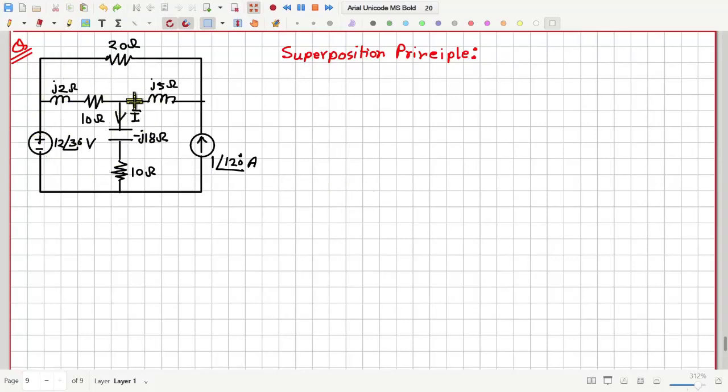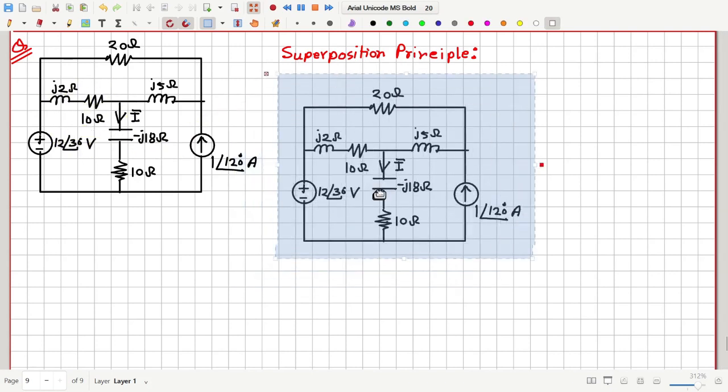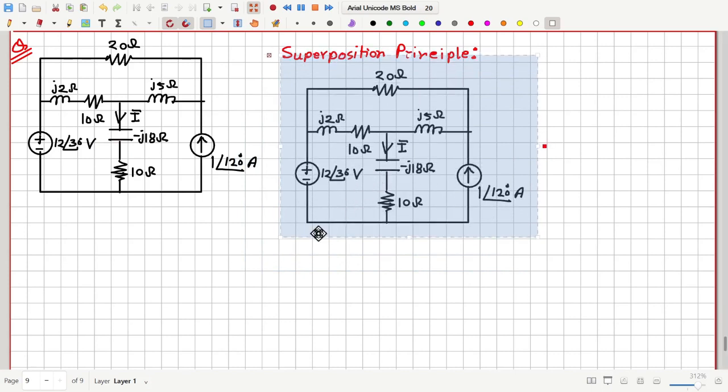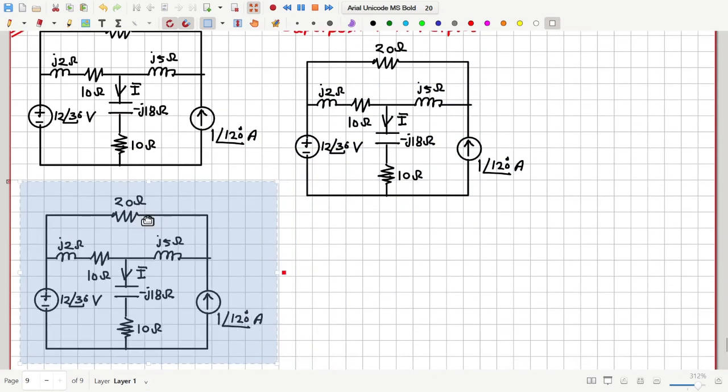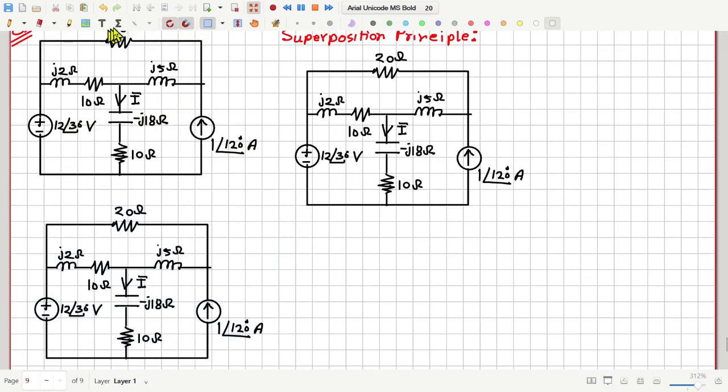In this question, we have to find the value of this current I bar through this capacitor using superposition principle. Notice that we have two sources, one voltage source, one current source. So to use superposition principle, we have to make two copies of this circuit, like this. Here is one copy and here is another copy, and we shall consider the voltage source and the current source